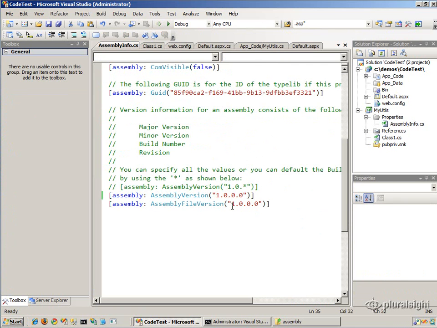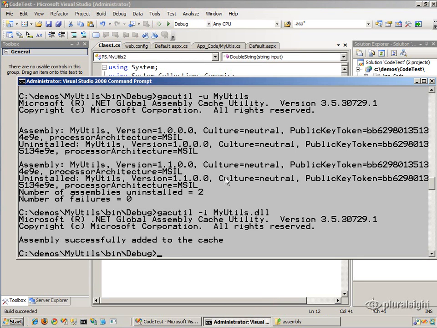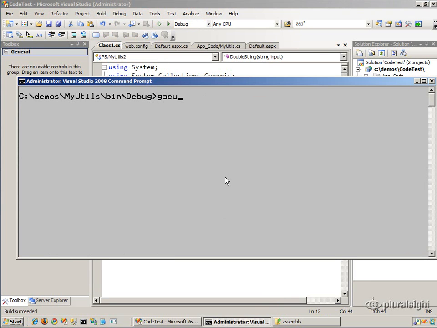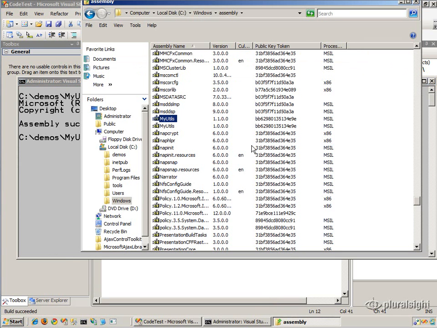So our double string method is now actually going to concatenate it 3 times, and I'm going to increment the version number from 1.0 to 1.1 inside of our assembly info file. And let's go ahead and compile that now. Okay, and let's go redeploy it. So I'm going to run gacutil -i to install myutils.dll, which should be version 1.1 now. And if I go refresh this assembly cache